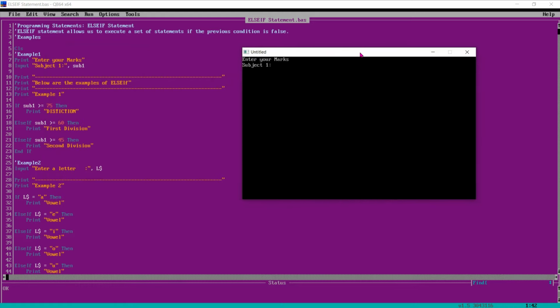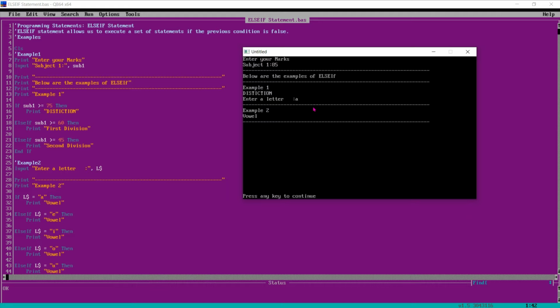So this is input. The program is asking for subject number 1. Here is the condition 75. Let me enter 85. So in example 1, it printed distinction, right? Enter a letter. If I enter A, it is a vowel.